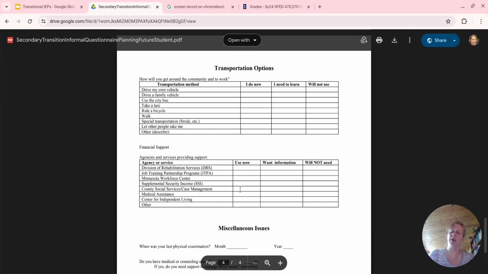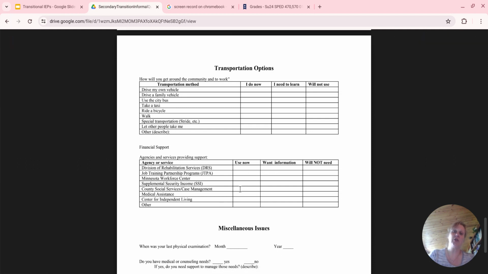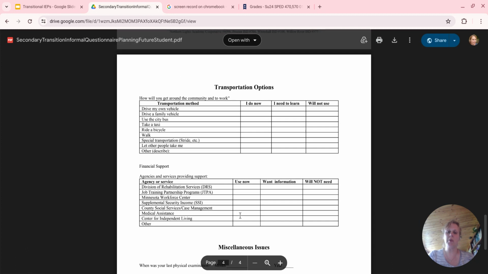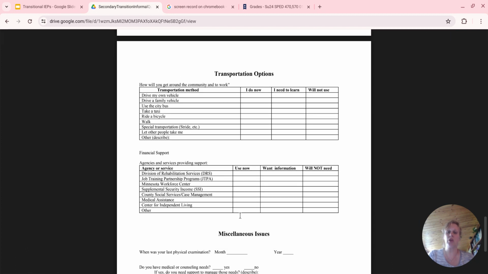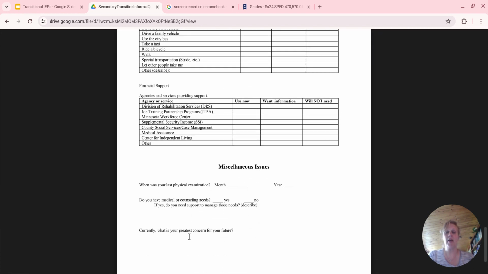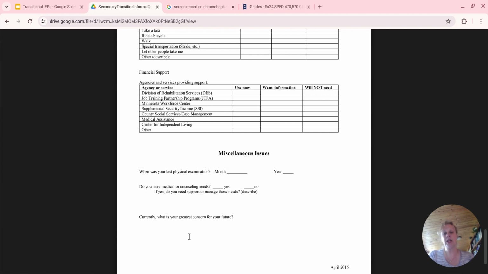Since I work mainly with 9th and 10th graders, getting a driver's license tends to be a big draw here. Some of these services may be things that students don't use, maybe things that students do use, so we go through them and talk about what each of these might look like in our community, in our area. And then other things like physical examination and counseling.